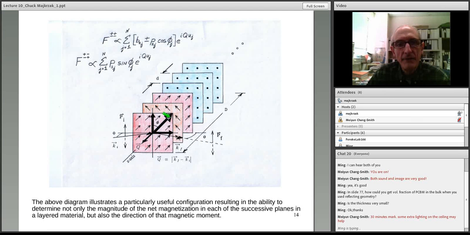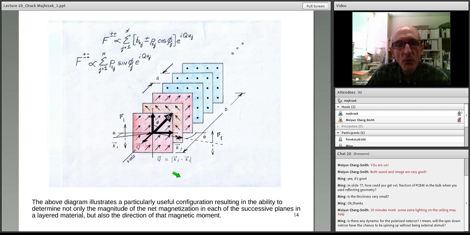So this plane has a ferromagnetic component pointing in this 45-degree angle direction. The next one has one that's orthogonal to that, and then this third plane repeats the first, and so on, as an example. Well, if we polarize the neutron beam to be parallel to the vertical axis along some quantization axis in an applied external field outside of the sample, and scatter with the specular geometry, Q normal to the film, and then look at what comes out, it turns out that all of the neutrons that scatter